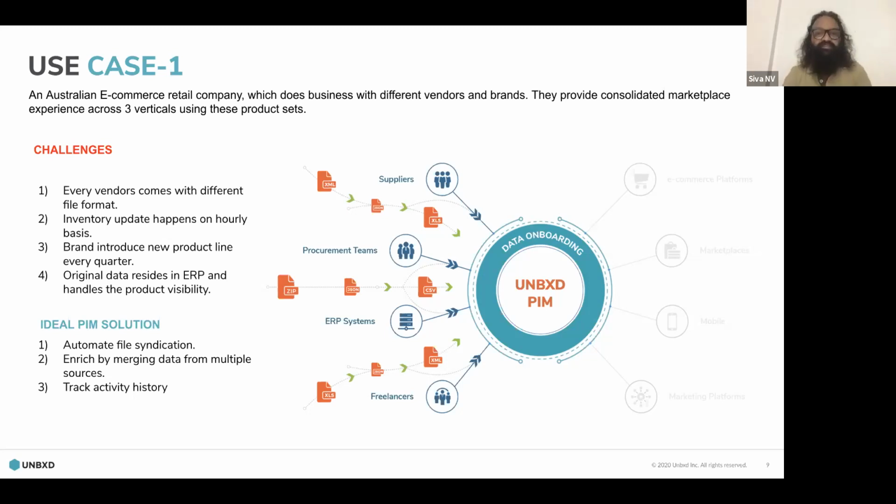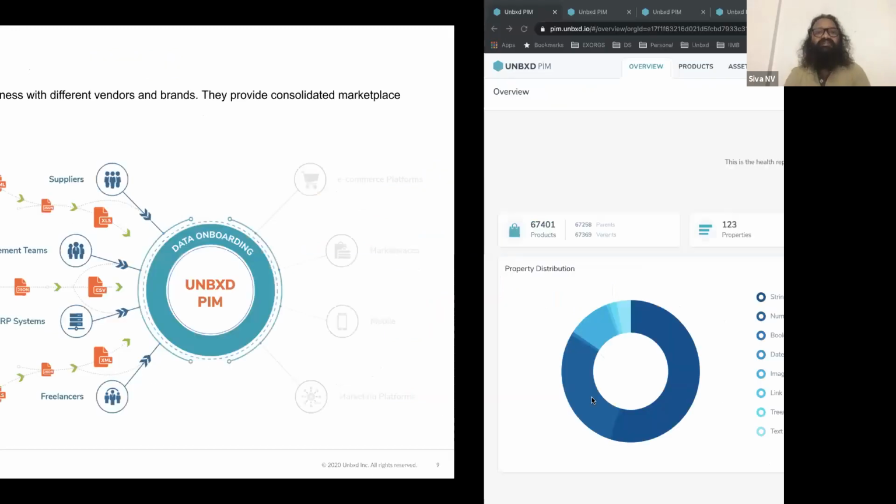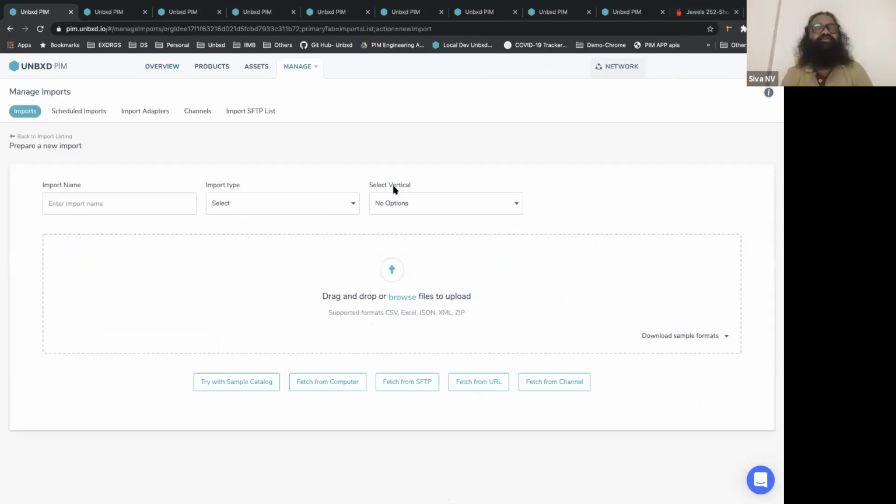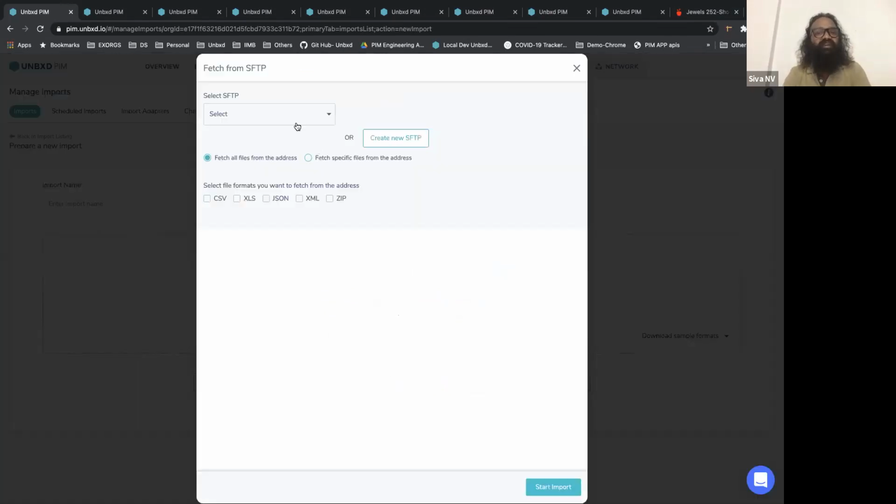So let us go through how a PIM system offers a solution to this problem statement. For our typical multiple vendors or brands, the system should have the ability to detect or understand data in CSV, Excel, JSON, XML formats, or read from multiple SFTP locations, like if the data is coming from vendor SFTPs or different distributors are providing it on a URL basis or in some other formats,